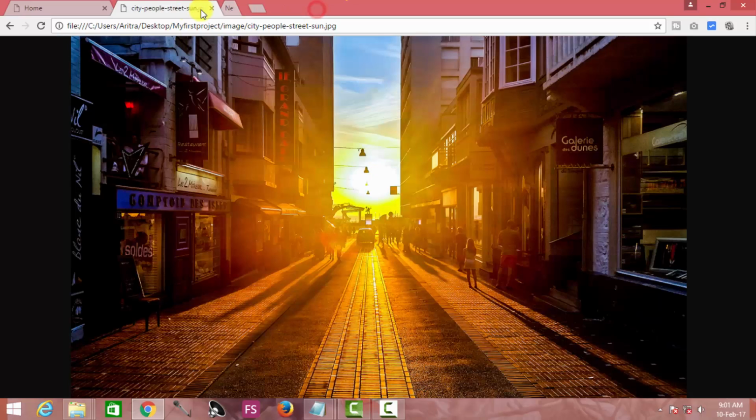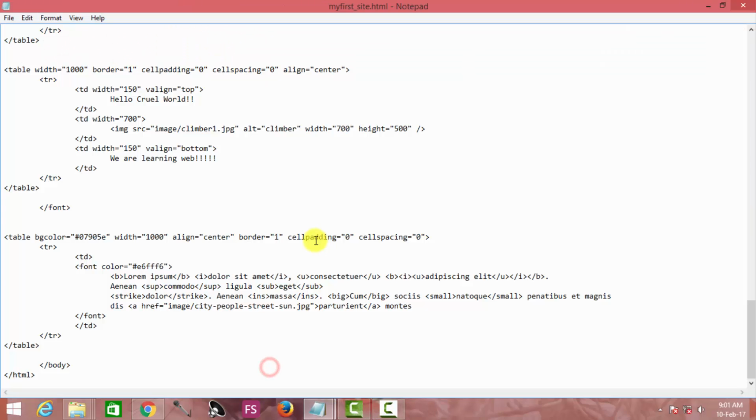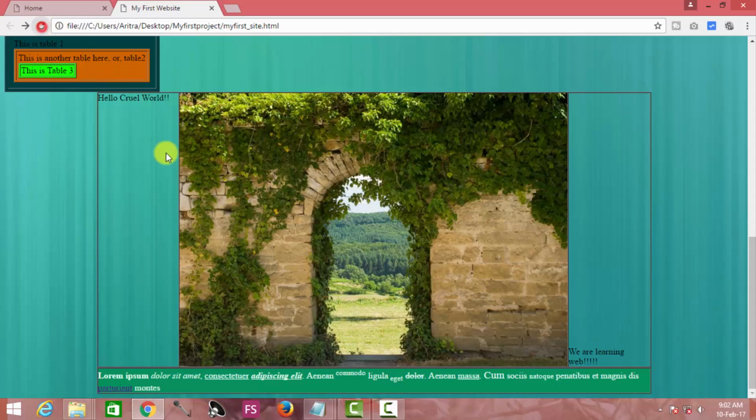In that case, all you have to do is mention some particular attributes over here. You get back to your project and mention this one. Now just go to File, Save, come back to your project, reload.